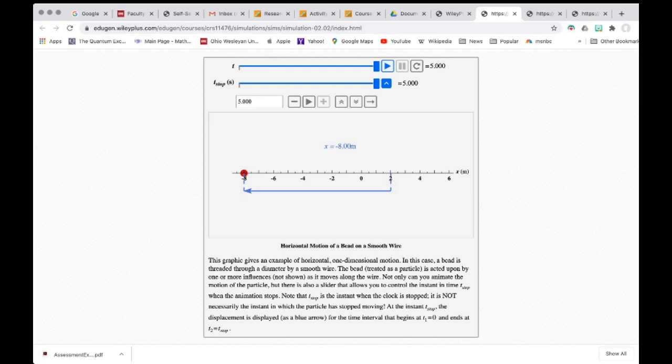Why is that the answer? The definition of v average is displacement over time interval, delta x over delta t. So that's how we must compute it. The delta x for this time interval, the displacement we just said, is -10 meters. What's the delta t for this time interval? Well, t final is 5 seconds, t initial is 0 seconds, so delta t